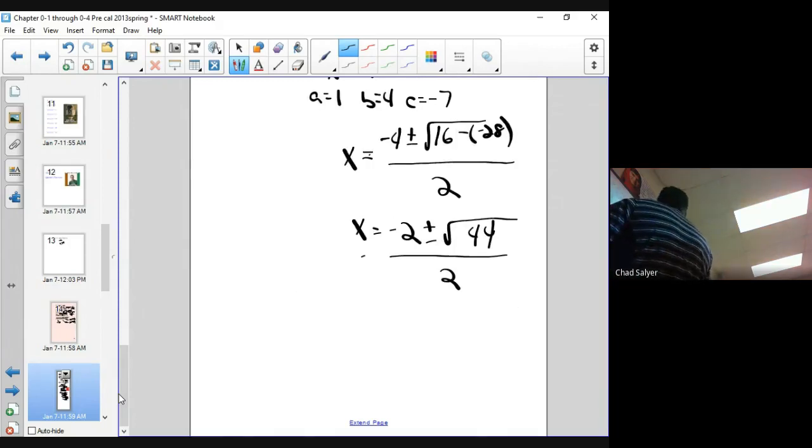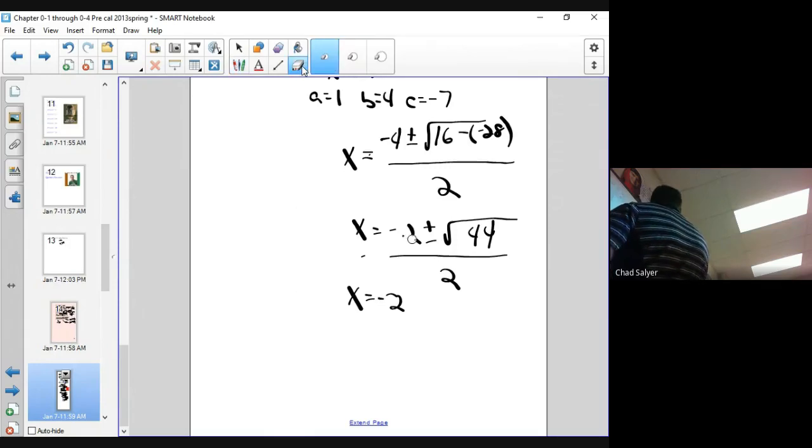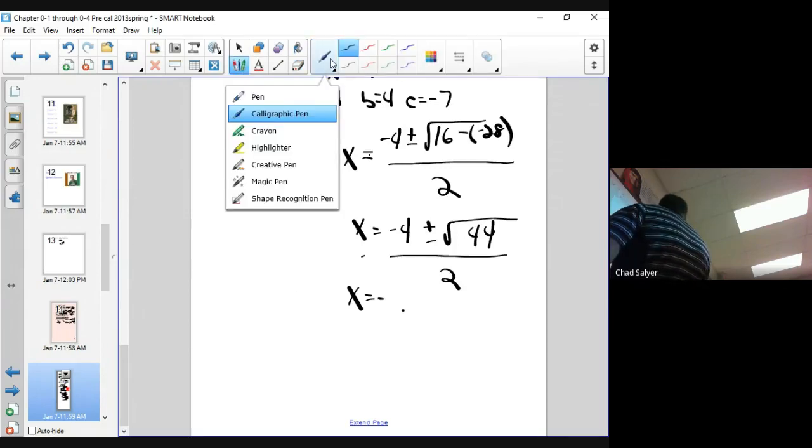All right, now x equals negative 2. I'm sorry, I don't know where I got negative 2 from. It should be negative 4. My apologies. Okay, now it's right. So negative 4